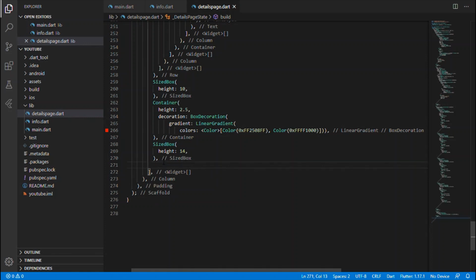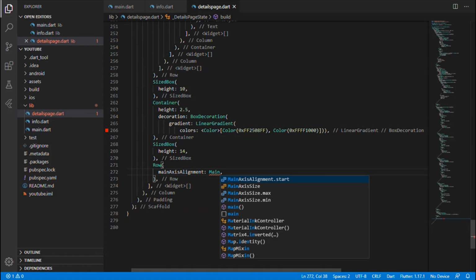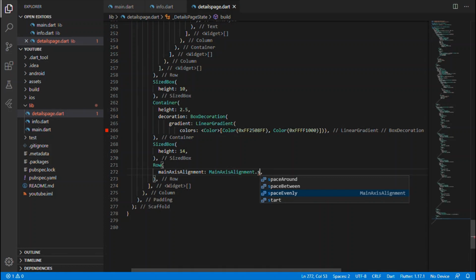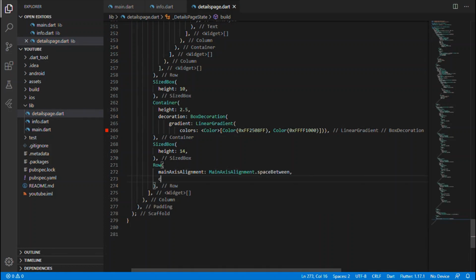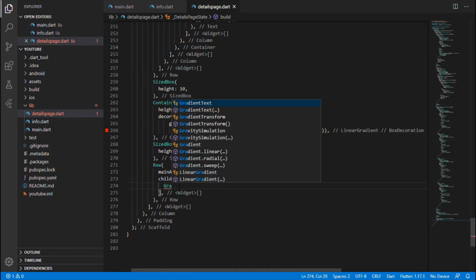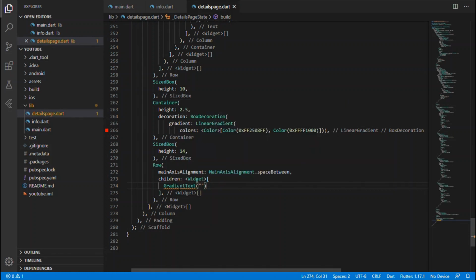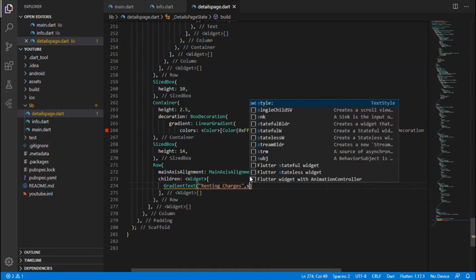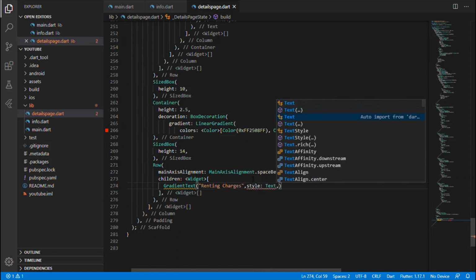Okay, so those two things will be wrapped inside a row, and for that row we could give the main axis alignment as MainAxisAlignment.spaceBetween. The row will take the children widget, and the first child for that row is a gradient text where we need to specify the wordings. That is renting charges, and you could apply a style for the text, saying the text style, where I'll